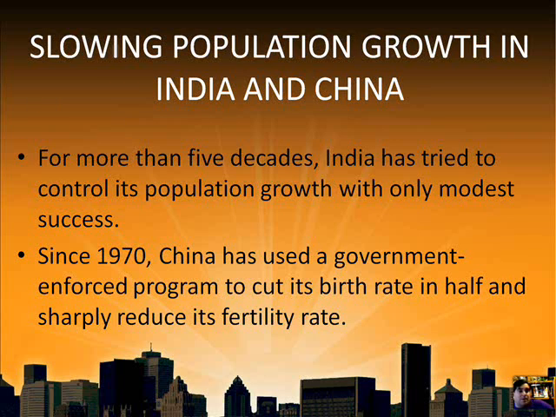Now, I'm sure we've all heard about the things that China has done to cut down its birth rate with the one child per household, and India has not tried something that dramatic as of yet, but there are two different types of governments altogether, and so China has come under a lot of criticism for its policies, but there needs to be some solution, and that's what they came up with.